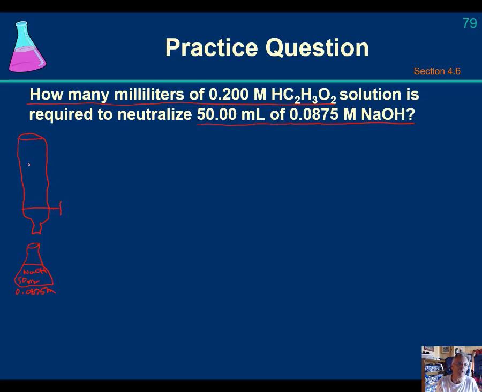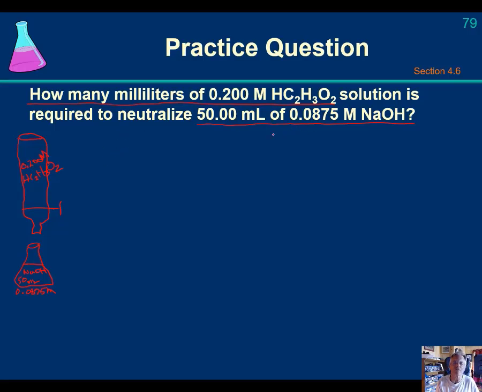We're asking how many milliliters of 0.200 molar acetic acid, HC2H3O2, I'm going to have to add in milliliters to get to the end point of the titration, to get to a color change. So let's set up our problem, and we can set the problem up in a couple